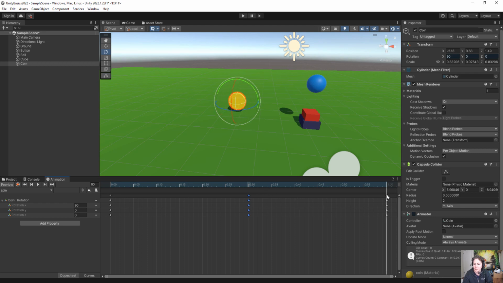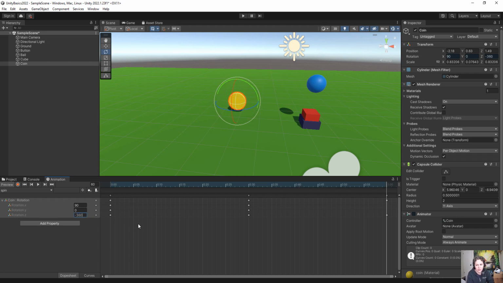Now, by default, it will have an end keyframe that is the same value as the start keyframe of the animation. So right now, it rotates halfway and then it rotates back. So now that I can visualize what the coin is doing, I can figure out what I actually want my animation to do. So I'm going to come down here to this last keyframe, and I'm actually going to delete this last keyframe. And I'm going to adjust the Z rotation. This is the one that was changing when I was scrubbing along the timeline. So I'm going to change this to